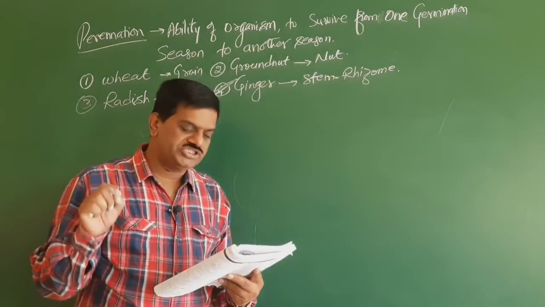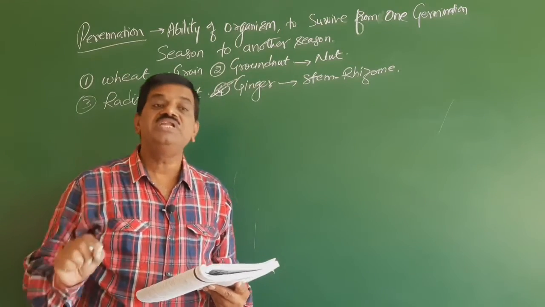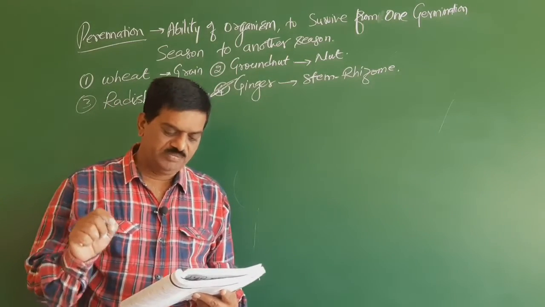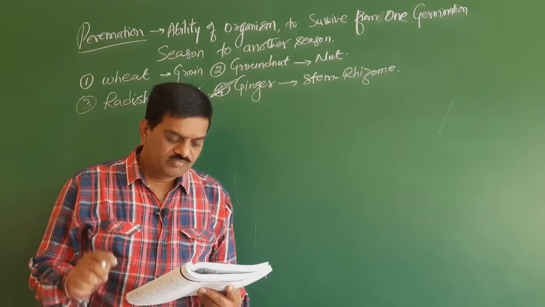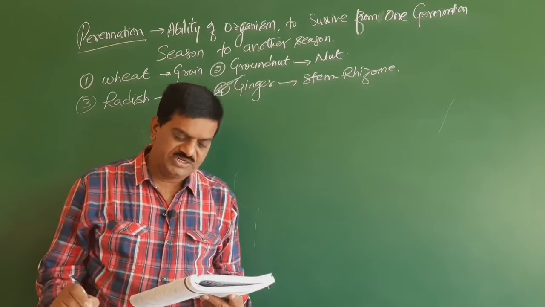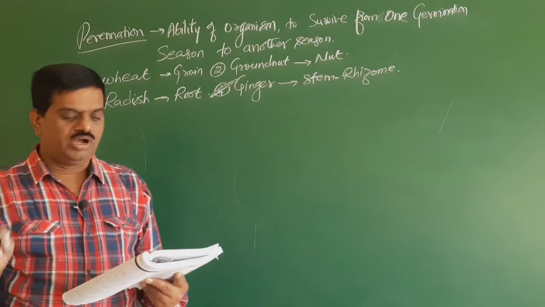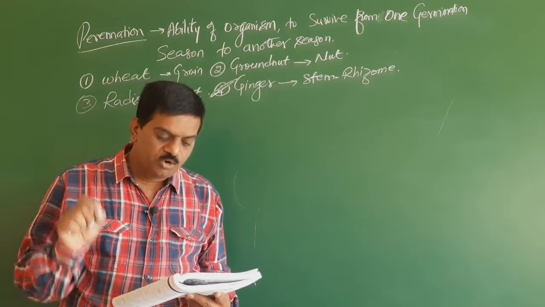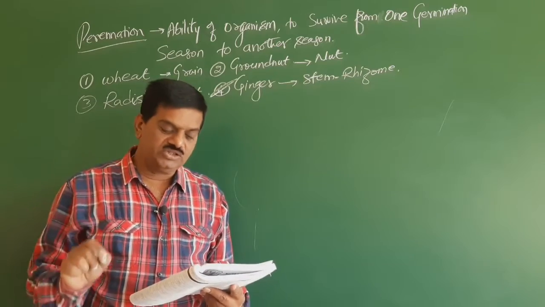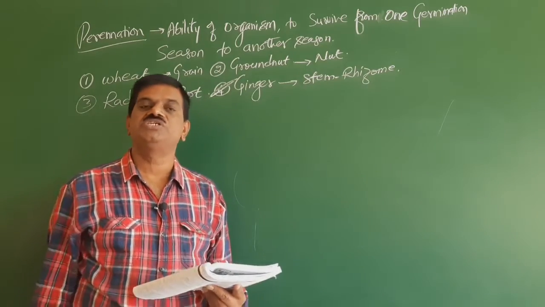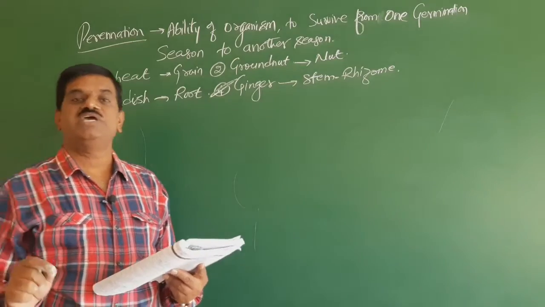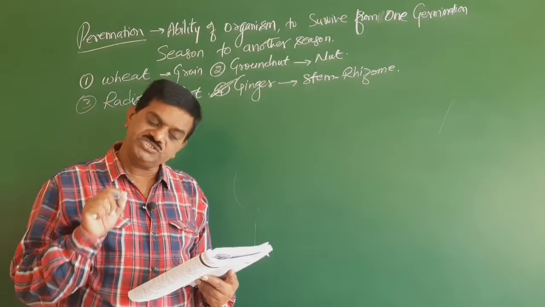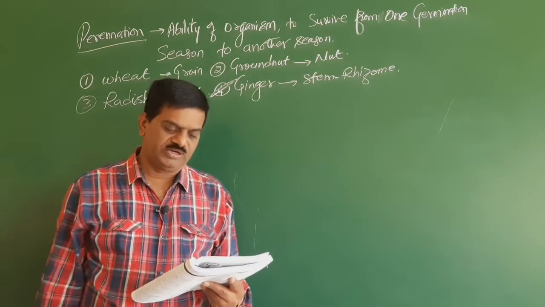Read the following statements and find out the incorrect statement. I am going to read out the options. The first one: both stem tendrils and thorns are the modifications of axillary buds. I will repeat this. Both stem tendrils and thorns are the modifications of axillary buds. So this is a right statement, but what we want is the incorrect statement. So we go for the second one.